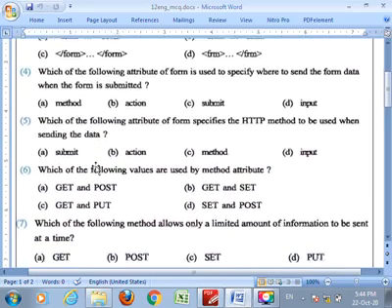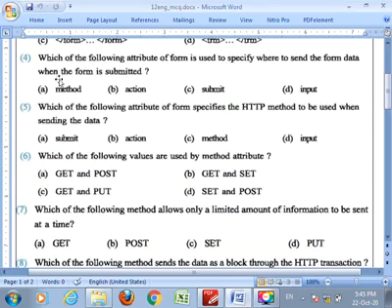Question number 4 is, which of the following attributes of form is used to specify where to send the data when the form is submitted? Clear friends? Again I repeat, which attribute of form is used to specify where to send the form data when the form is submitted?